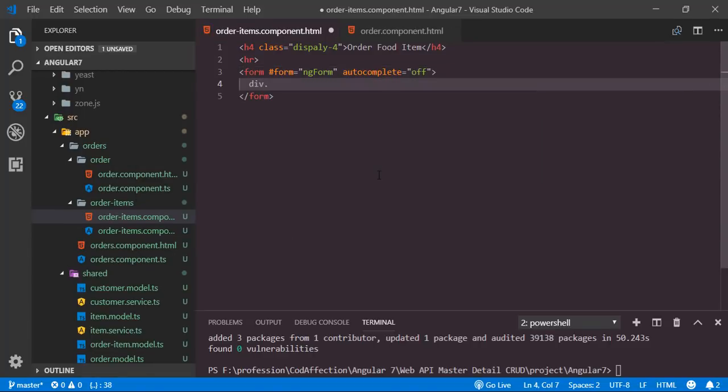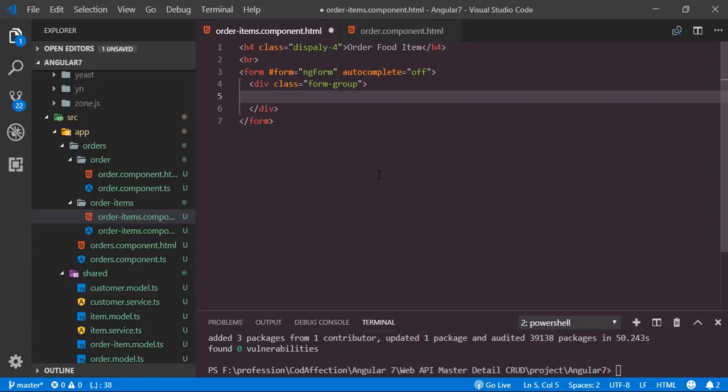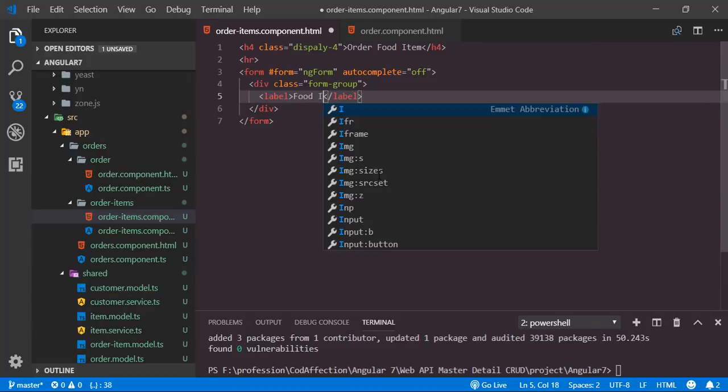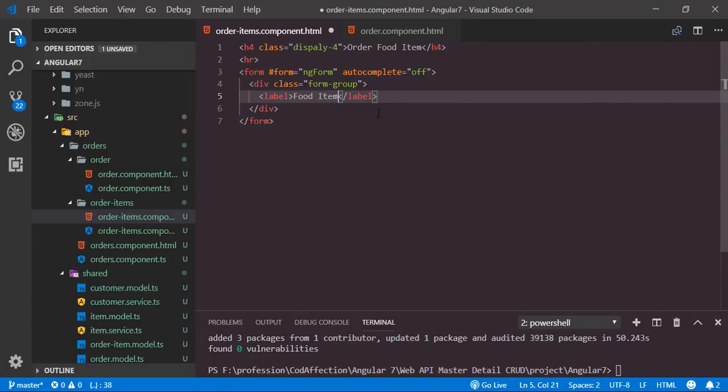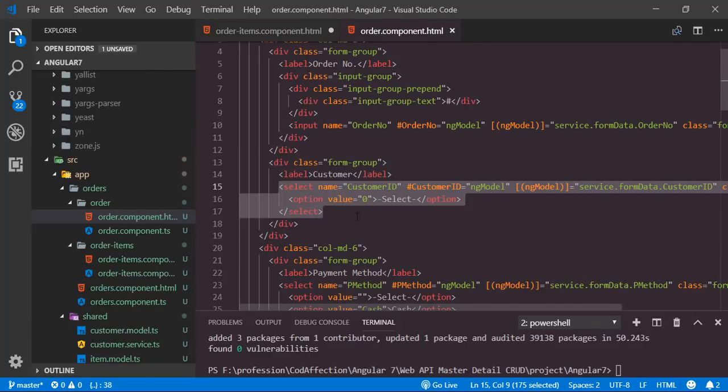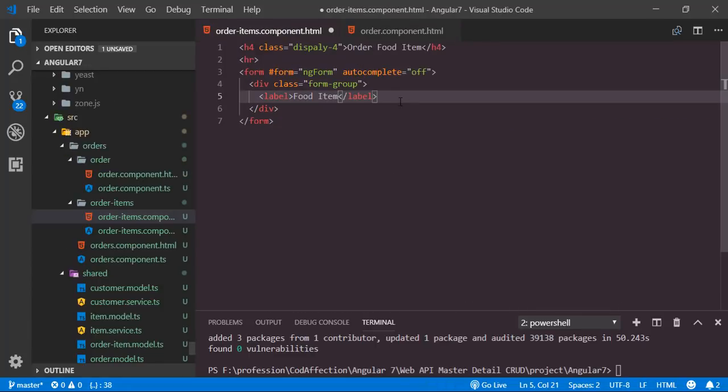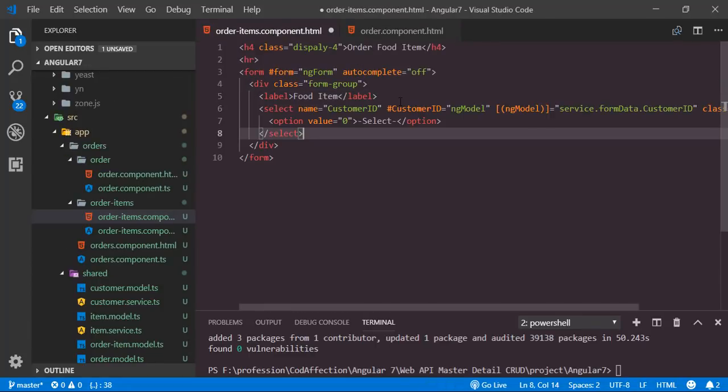First of all, we need a div with class form-group. Inside that, first of all, I want to show the food item drop down. So I will add this label. Inside that, we will have to show this text, Food Item. For this field, we have to show a drop down using select element like we have done inside this order for customer. So let me copy this select element from here and paste it here, and we have to make required